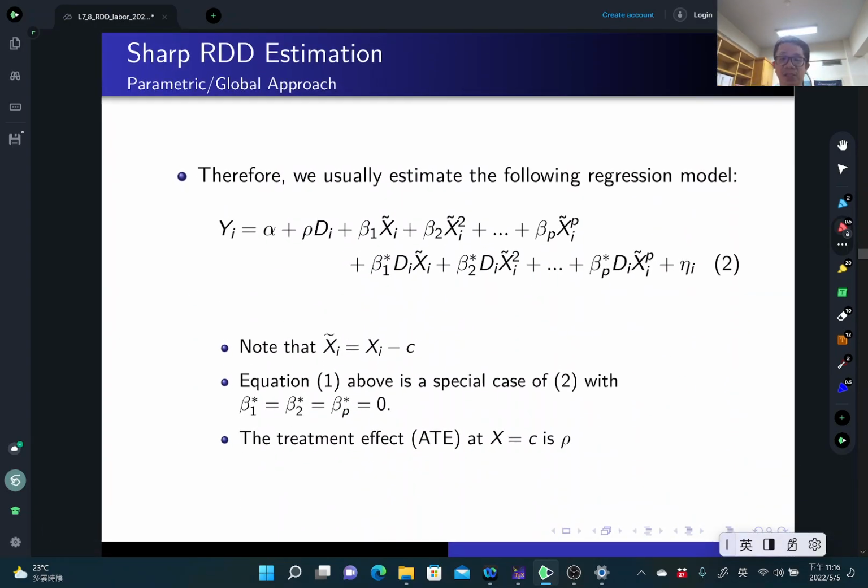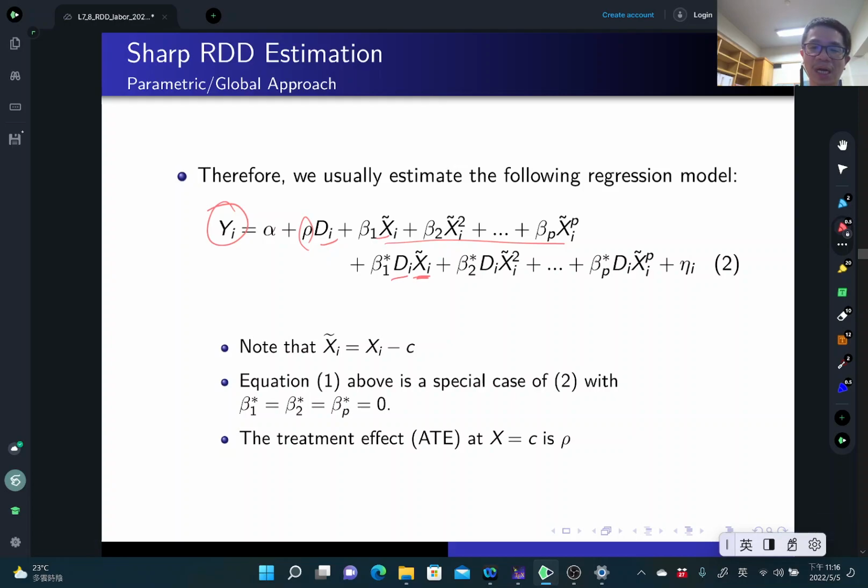So we usually estimate the following regression: the outcome, where we focus on the coefficient on the treatment variable, and we control for a lot of polynomial terms,